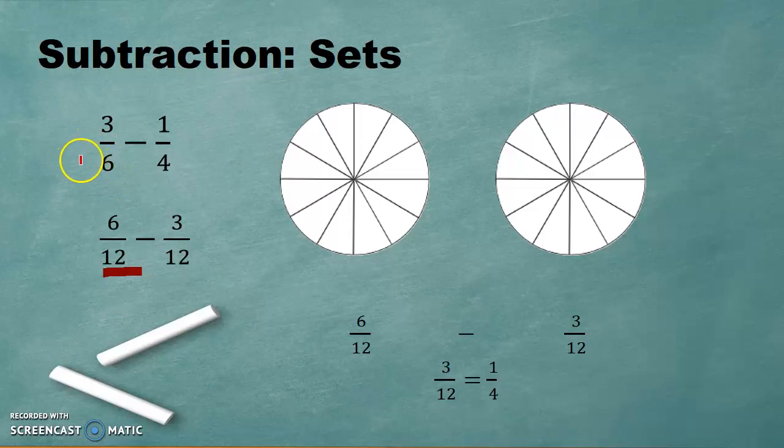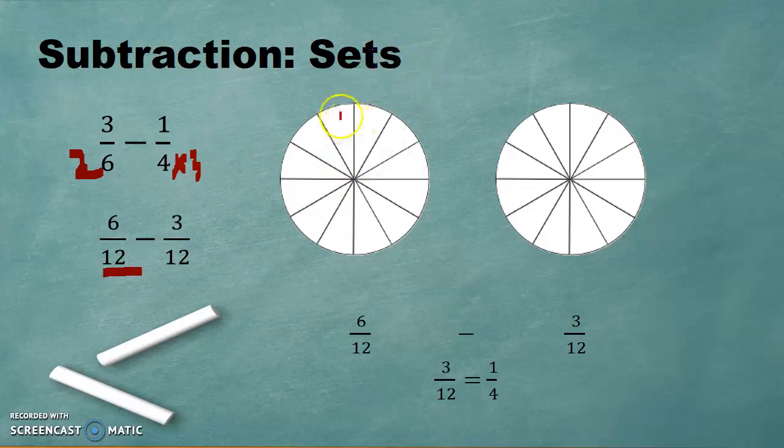What I did to get 12 is I multiplied 6 by 2, and what you do to the denominator, you do to the numerator, so 3 times 2 as well, gives us 6/12. And then to get 12, I had to multiply our 4 by 3. So 4 times 3 is 12, 1 times 3 is 3. So 6/12 minus 3/12 gives us 3/12. So I'll show you the reduced